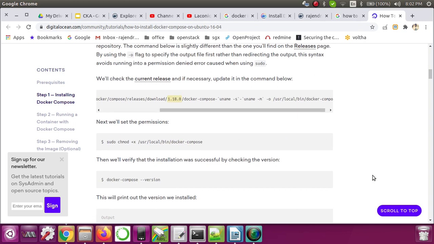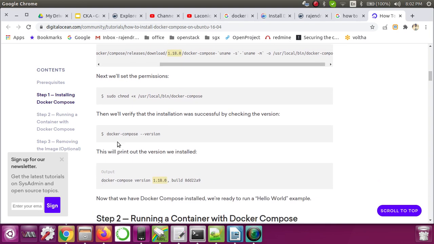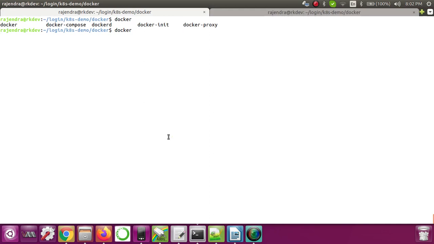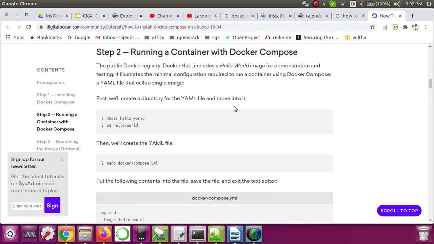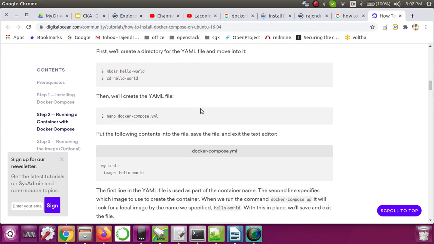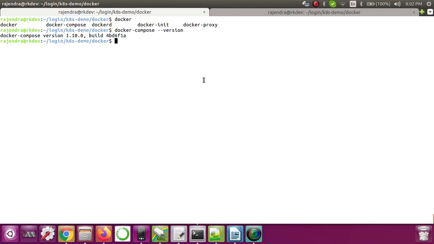After that we provide execute permission to this binary, and to verify whether Docker Compose is installed, you can check the version. In my case it's already installed, so let me check the version. Here you can see it's 1.10.0. That's it, Docker Compose is installed.